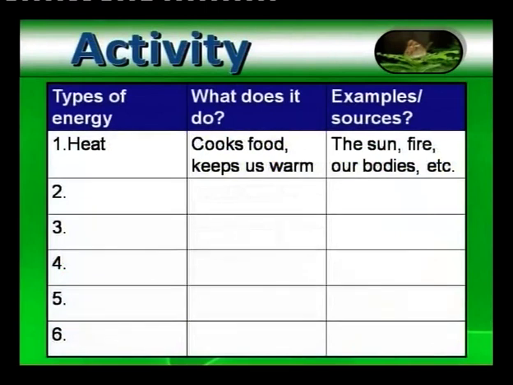The rest, from number 2 to number 6, you will identify the types of energy yourselves, and you will answer the questions. What does it do? And the examples or sources of those types of energy. Is that clear? Okay, I'll give